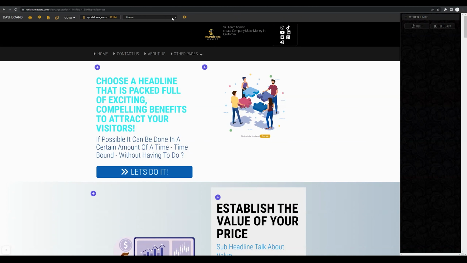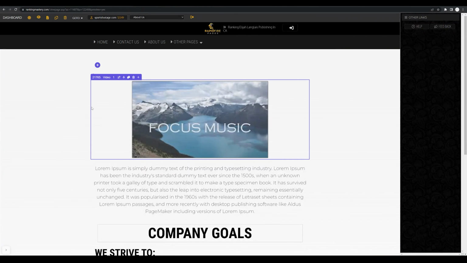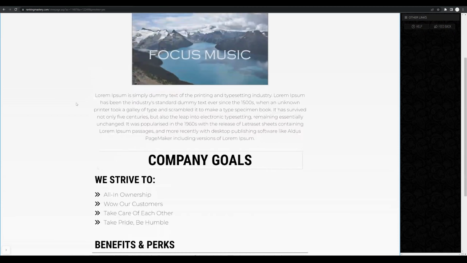And if we click on the drop-down menu here where it says home, we have the ability to quickly edit any of these pages. So this drop-down menu is going to show you all the current pages that are on your website. And we can, for example, click the About Us page. That is going to navigate us to the About Us template where we can start creating and working on customizing